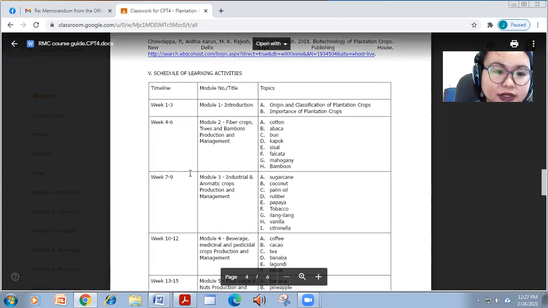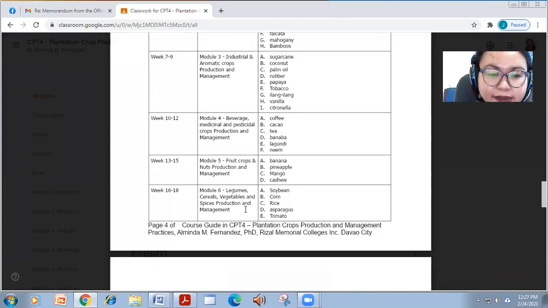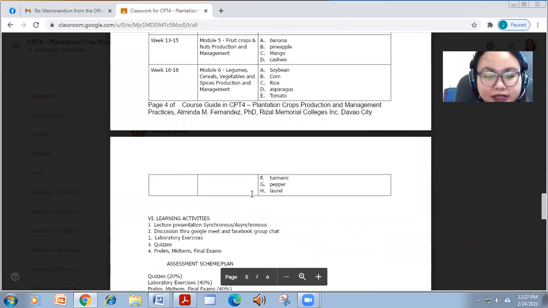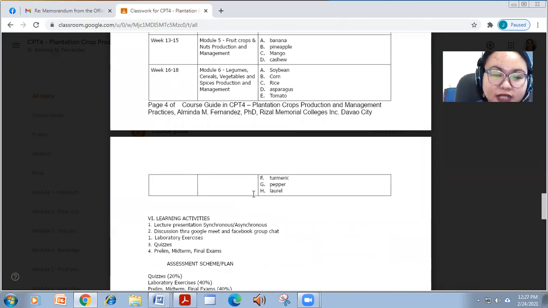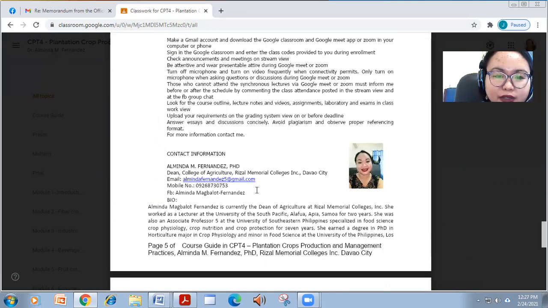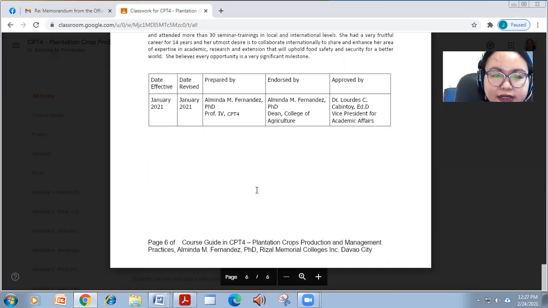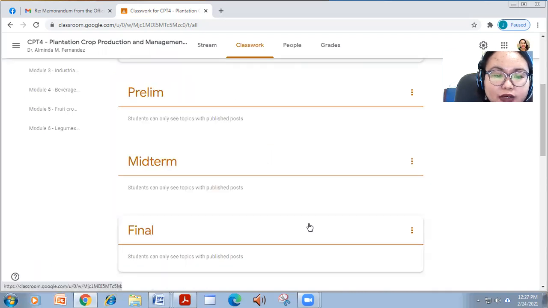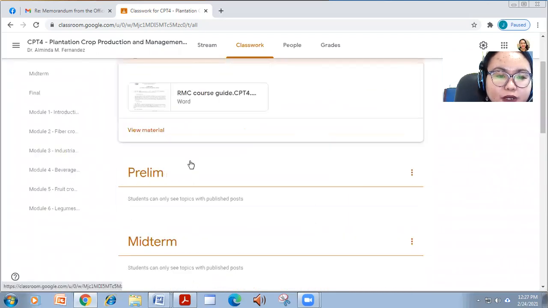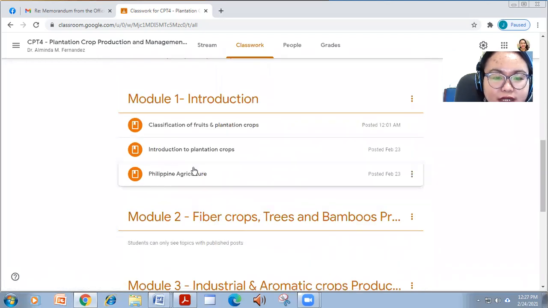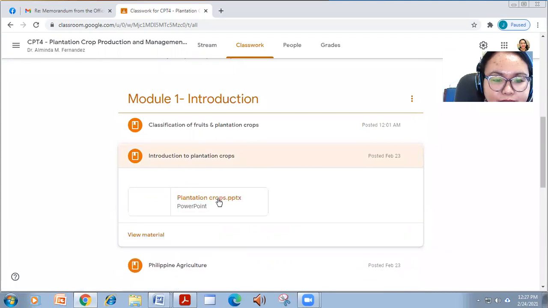So that's going to be 18 weeks, but we're just going to meet for 5 hours. So for the rest of the time, you just have to comply through the Google Classroom. So okay na ba yon? Yes, ma'am. I know you're already familiar with the outline. I did not upload the quiz and the lab exercise yet, so we are going to start now with the introduction